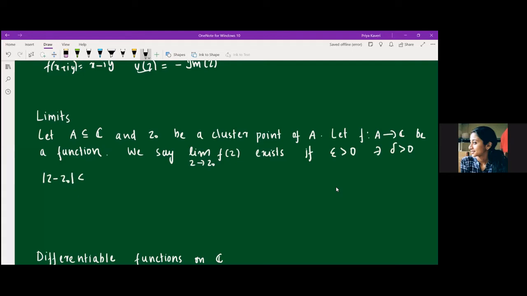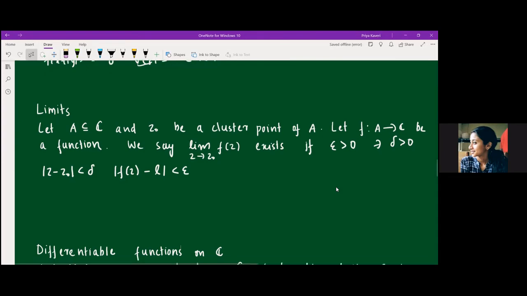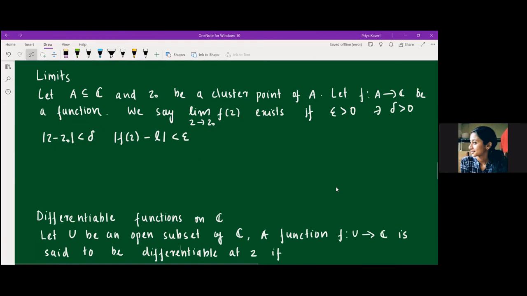Even though the function is not defined at z naught, we can know how the function will behave at nearby values. So if you approach z naught, then we can see how the function behaves near the point z naught. So why are we introducing the concept of limit? Because we have to deal with differentiable functions. Here we can see the limit is unique. That is very easy to see. You have to check that.